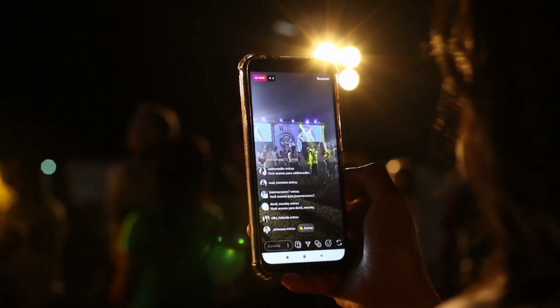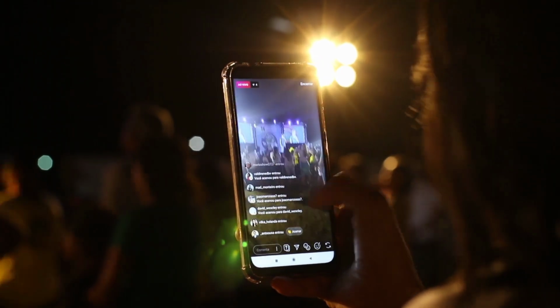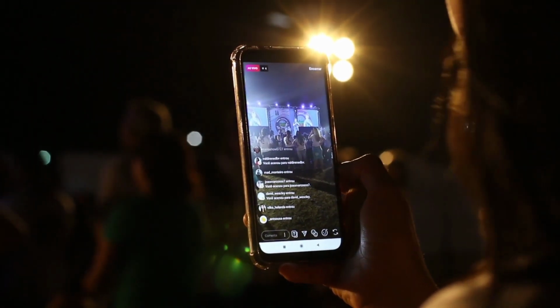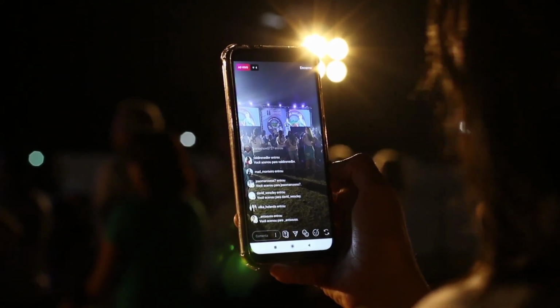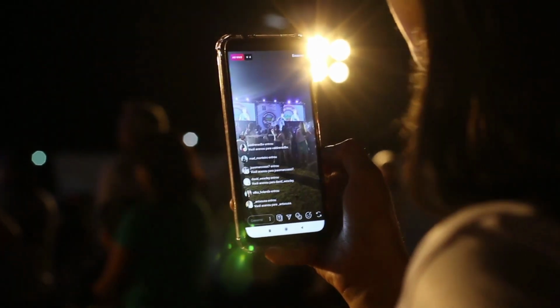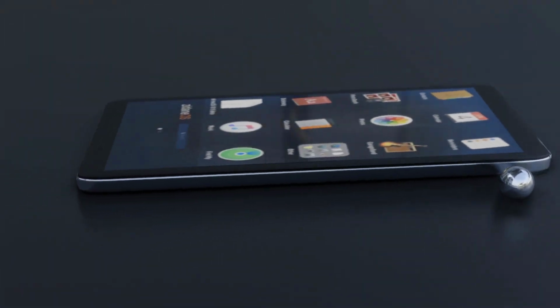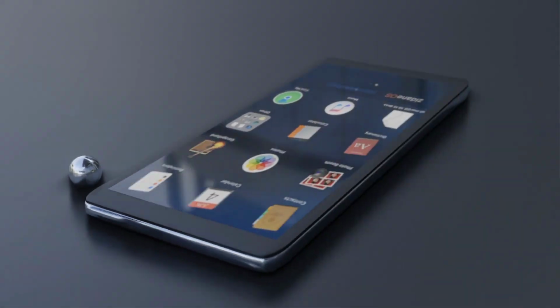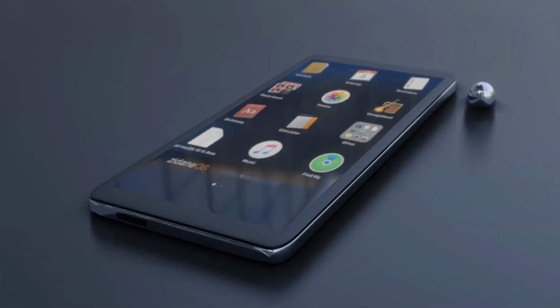Because many companies make Android devices, you have to choose both a brand and a model. Some may prefer the choice Android offers, but others appreciate Apple's greater simplicity and higher quality. Android phones run on Google's Android operating system, while iPhones use Apple's iOS. In general, they work the same.